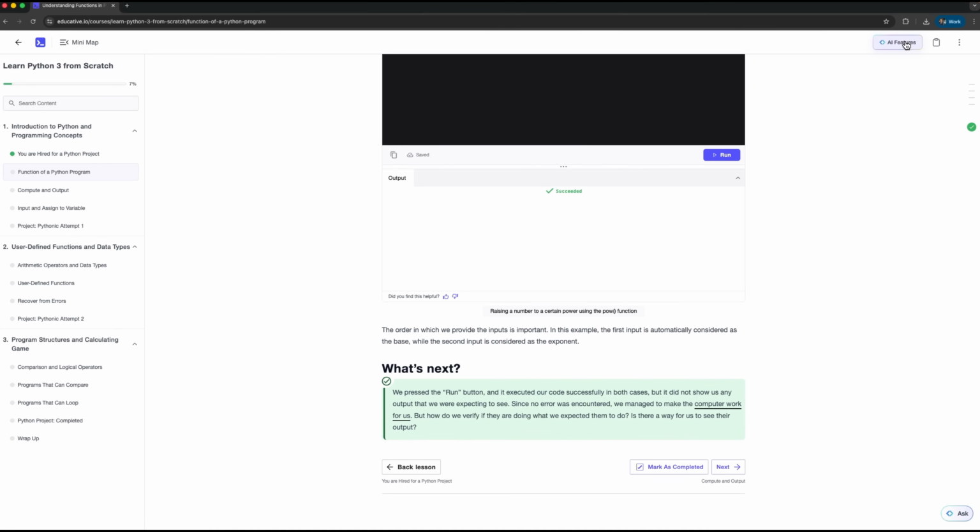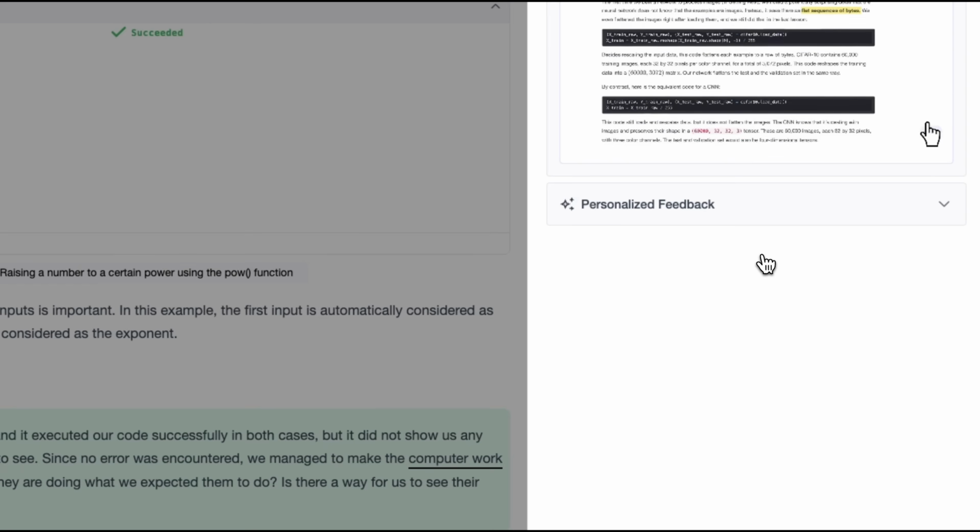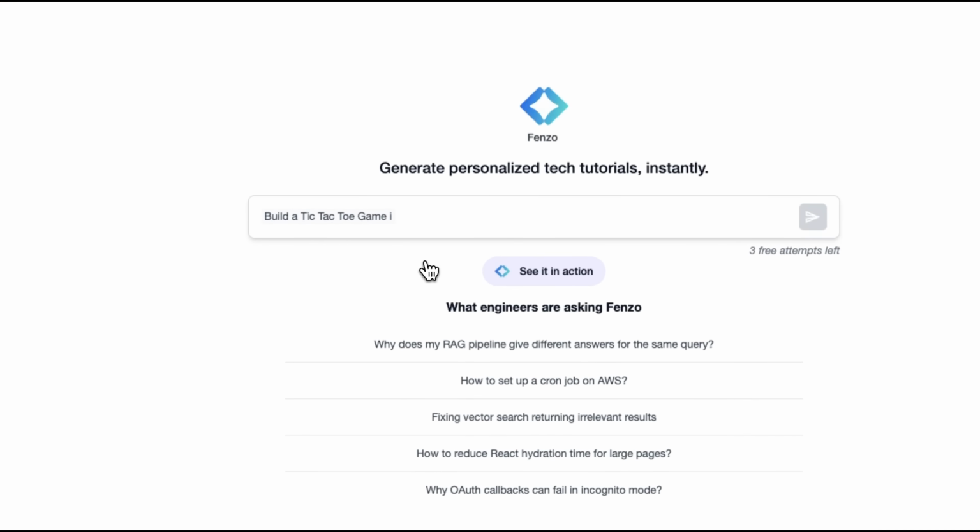the lesson itself. Folks, this is where the personal AI tutor comes in. You can ask questions in the chat and use Fenzo as an on-demand tutor that explains concepts and responds to you in real time. The answers often include runnable code blocks, so you can immediately test ideas instead of guessing